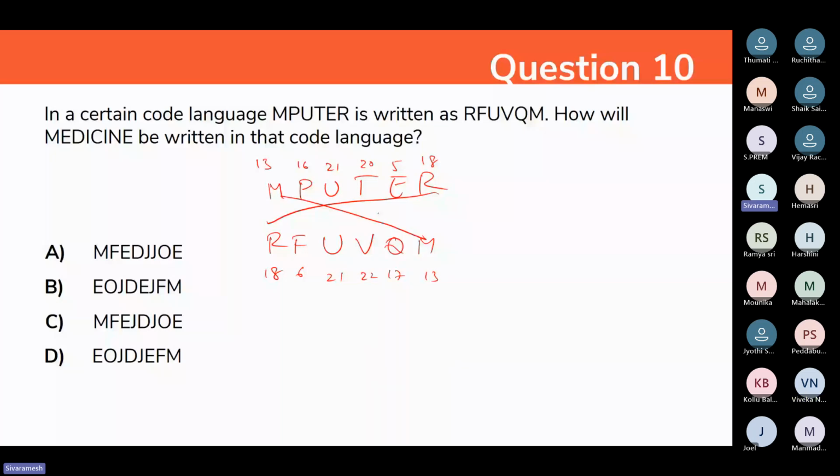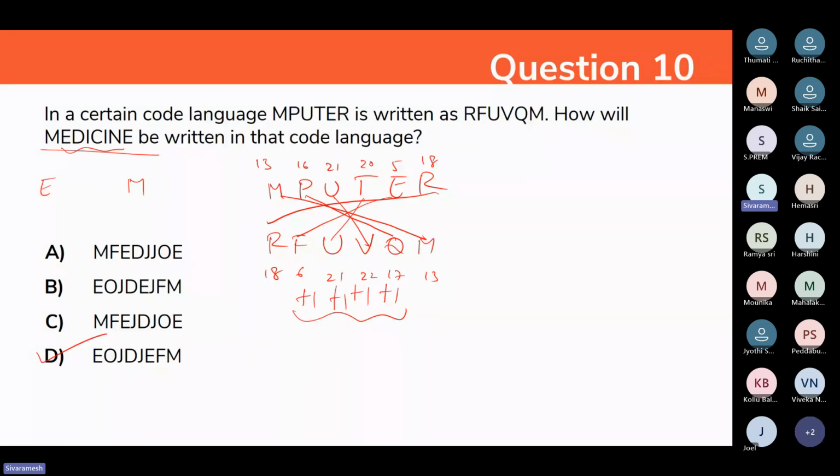Okay, the first letter and last letter got reversed, and whatever the letters in between, all of them are increased by +1, but in reverse +1. So these four letters are +1, and the first and last letters are exactly replaced by the other letters. In the same way, even in MEDICINE, the first and last letter should be reversed, meaning first E should come and last M should come. Between E and M, these letters will be replaced alternately by adding +1. So can you tell what will be the final answer? Option D, sir. Yes, very good. Whatever answers you posted are exactly correct.